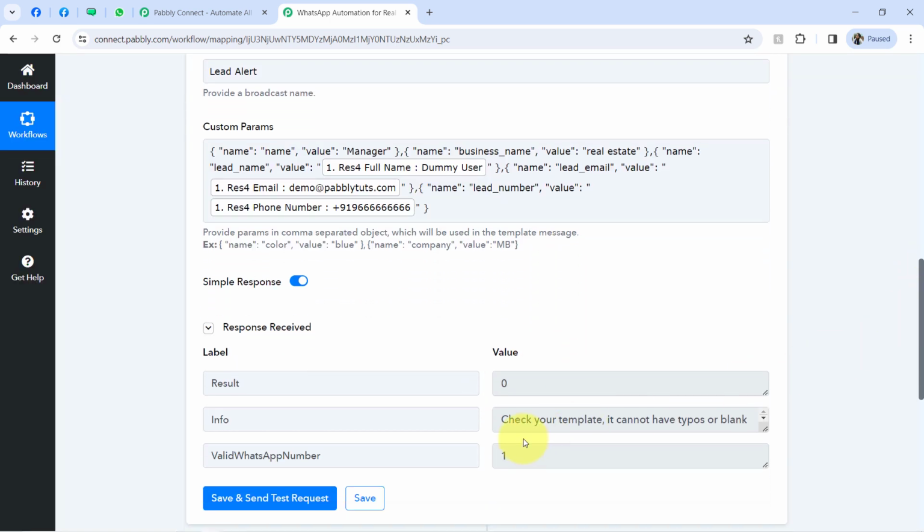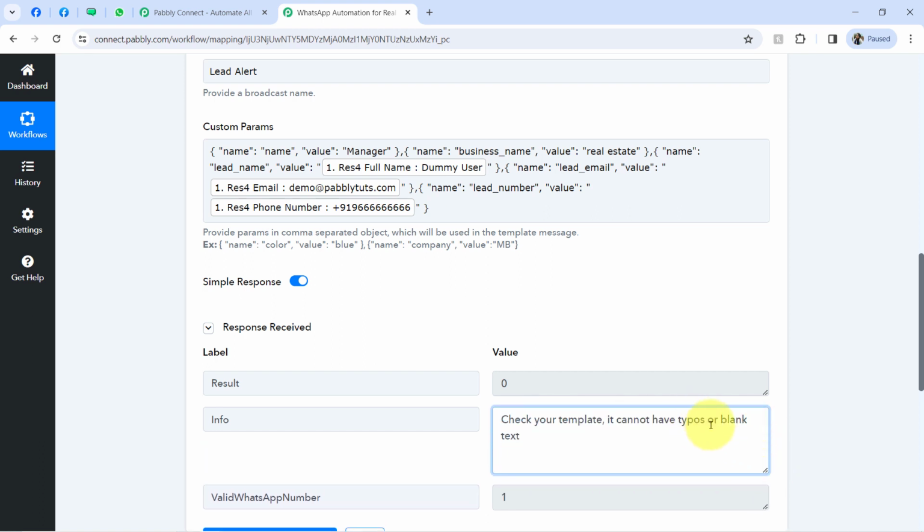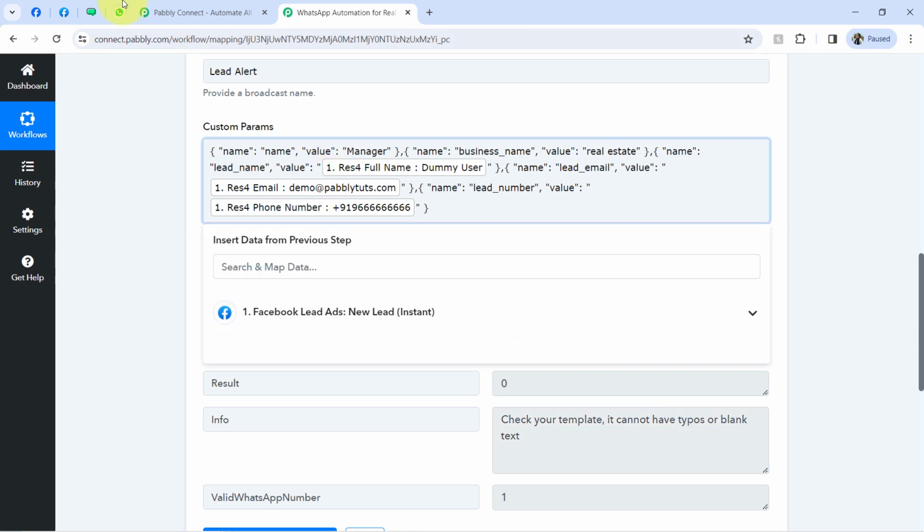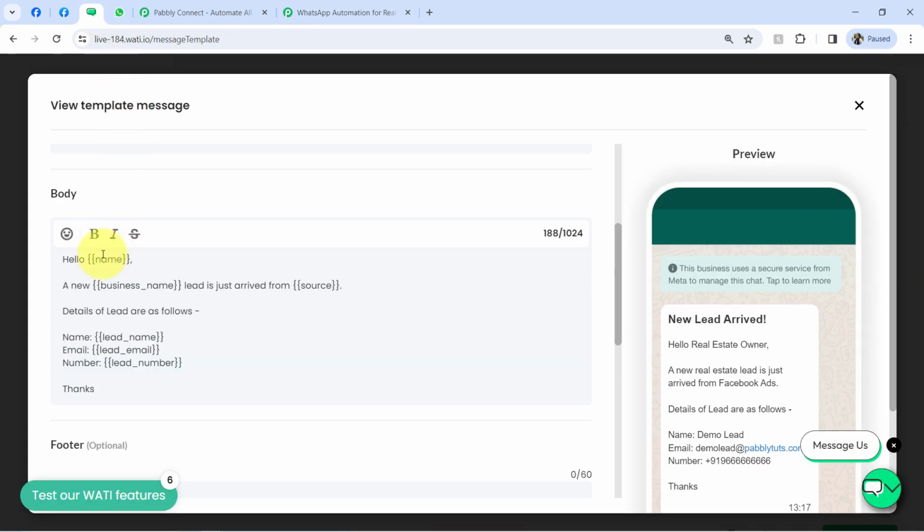Well, it is saying that check your template, and it is saying it cannot have typos or blank text. Okay, so give me a second, let me cross check the whole text. I think I have done some mistake here. Alright, so I have understood. Currently I have 6 variables in total, but I have provided the values only to the 5 variables. Here you can notice 1, 2, 3 and this 4, 5, 6, and I have forgot to provide the value